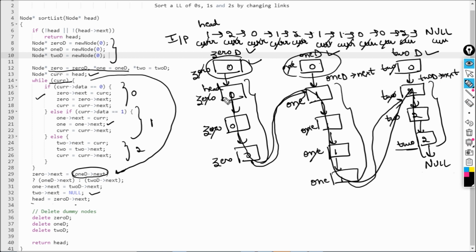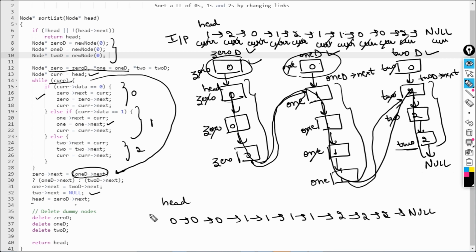So if I make this list clearly, let's make it here. Okay, so head is starting from here, let's make head here, then we have 1 2 3 zeros, then it is connected to this one, so after that we have 1 2 3 ones more like this, then it is connected to this 2, and then 2 twos more, and then this null. And I think this is the output list that we want actually, right? We have seen this thing, right? So this is how we can solve this, and this is how we can write the code for this.